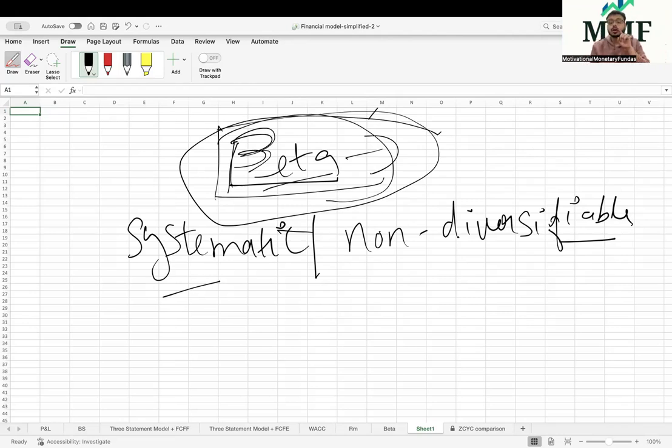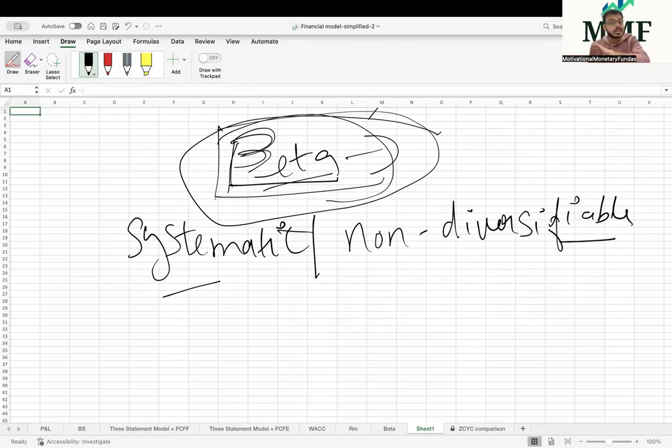For example, real estate companies can be a part of such a theme. Capital goods companies can be a part of such themes. Infrastructure companies can be a part of such themes. Defense can be a part of such themes. China plus one, like indigenous chemicals or semiconductors, can be a part of such themes, right? So if a theme comprises multiple sectors, again, that's an example of proper diversification. That is, a fund manager or a person is trying to reduce the unsystematic risk in the portfolio because he is trying to diversify into different fields and sectors.